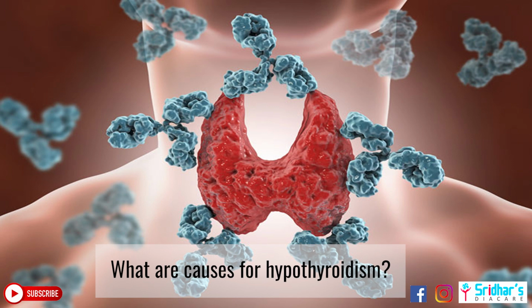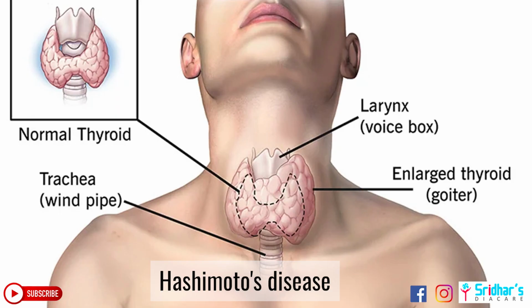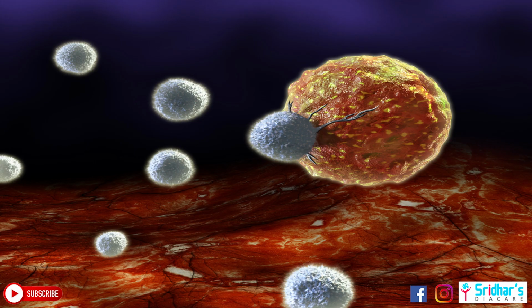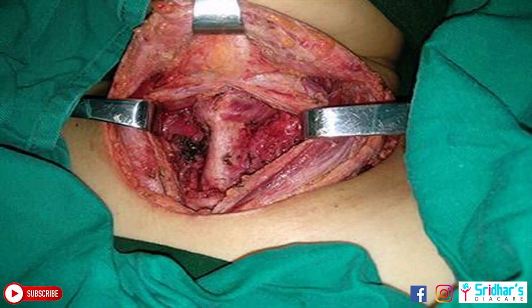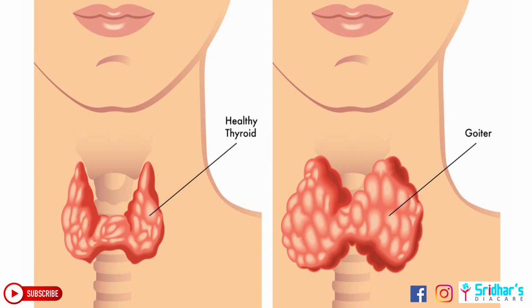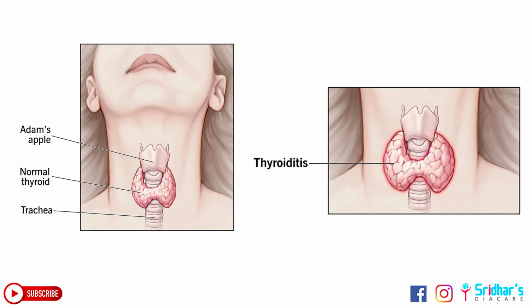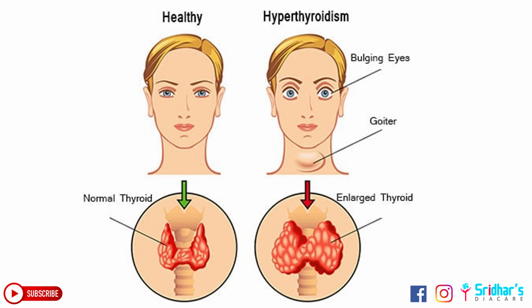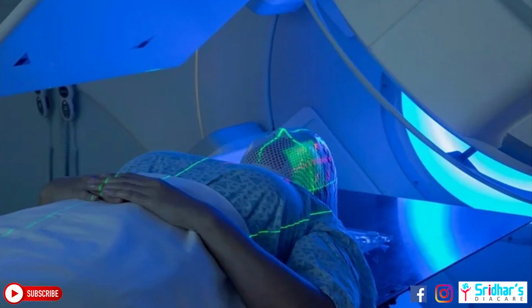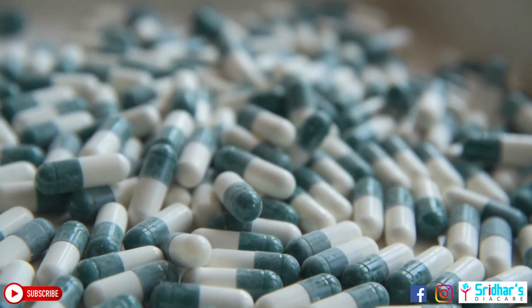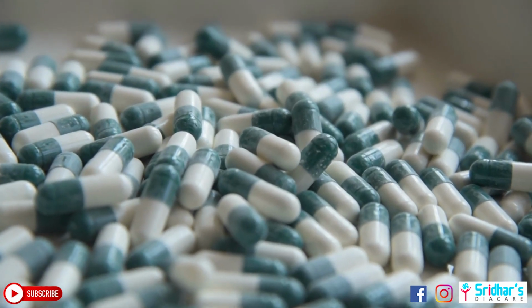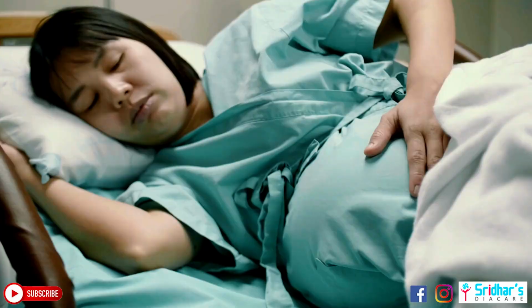What are the causes for hypothyroidism? The commonest causes for hypothyroidism include an autoimmune disease called Hashimoto's disease. Here, the immune system makes antibodies that attack and destroy healthy tissues. Patients post-thyroid surgery may develop hypothyroidism. Thyroiditis, or an inflammation of the thyroid gland, can trigger the thyroid to release all its stored thyroid hormone, resulting in hyperthyroidism. Exposure of the neck to radiation during cancer therapy is another cause. Certain drugs like lithium can also cause hypothyroidism. It can also develop in pituitary disorder, problems at childbirth, due to deficiency of iodine, etc.